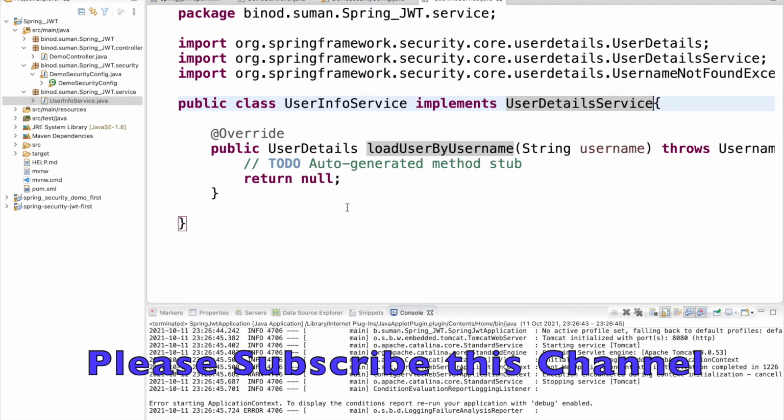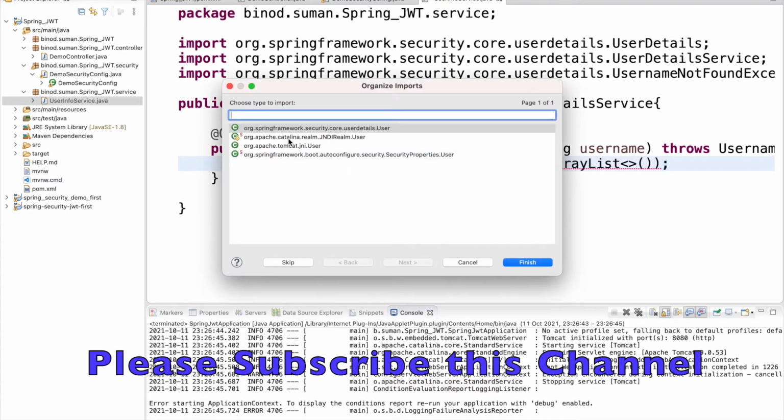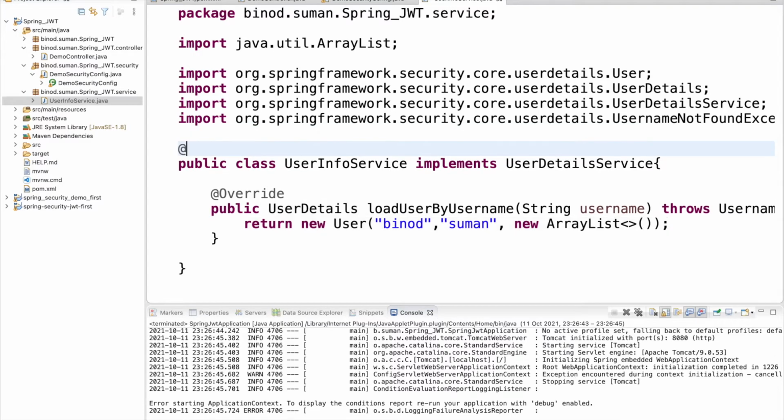So here you can use database JDBC connectivity, take the username from here, go to the database and validate it. But for the time being, what I am doing is just using one hard code for simplicity. So just go and return the hard code username and password. So this is the one user we are going to add. But if you want to add some more users, then I would say, and don't forget to implement the very important annotation that this is the